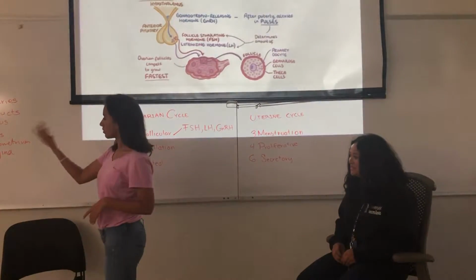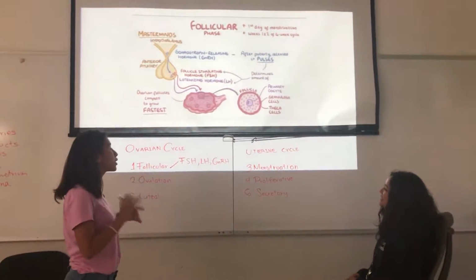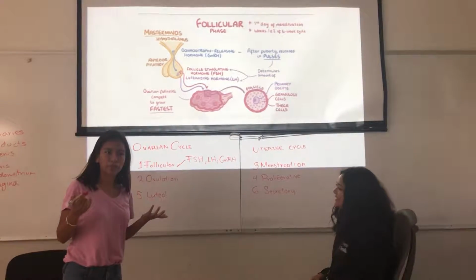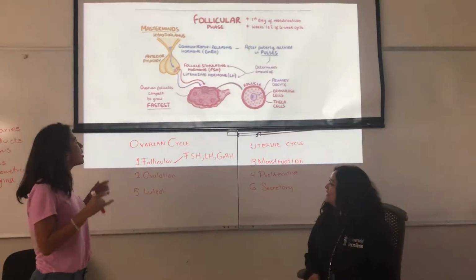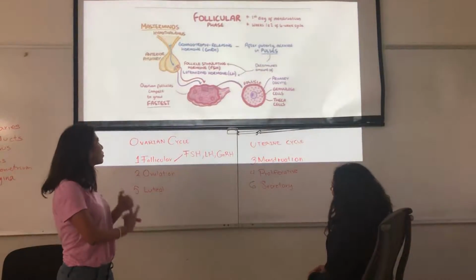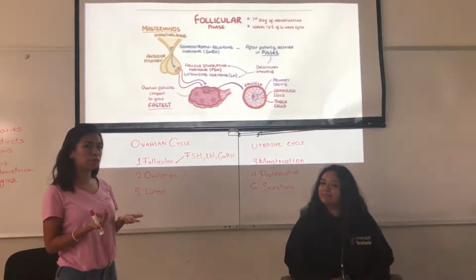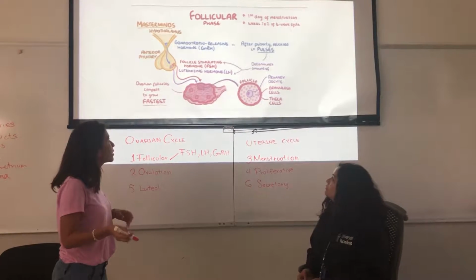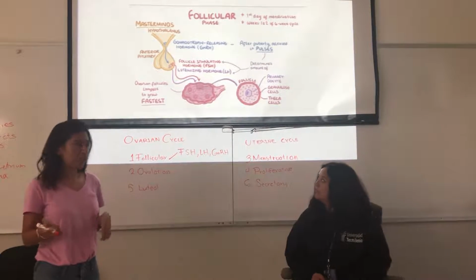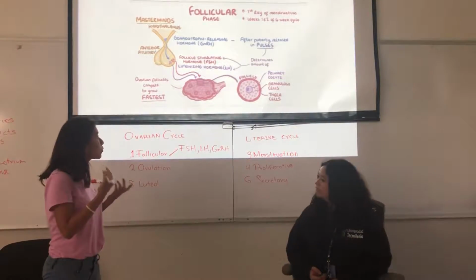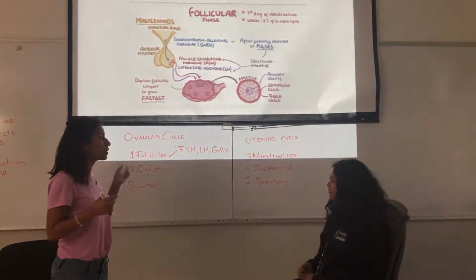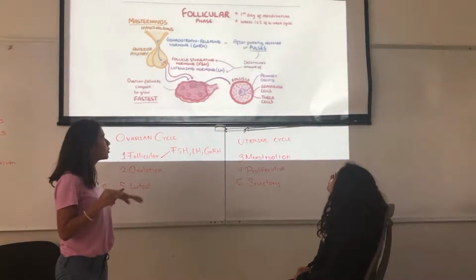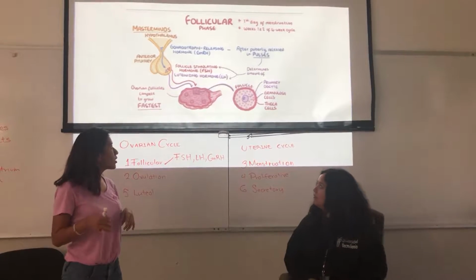First of all, the ovarian cycle. The ovarian cycle begins with the follicular phase. In the follicular phase, the masterminds of this reproductive process of the female are the hypothalamus and the anterior pituitary. The hypothalamus is in charge of releasing a hormone called gonadotropin releasing hormone, GnRH. And the anterior pituitary reacts to this hormone and starts releasing the follicle stimulating hormone, FSH, and the